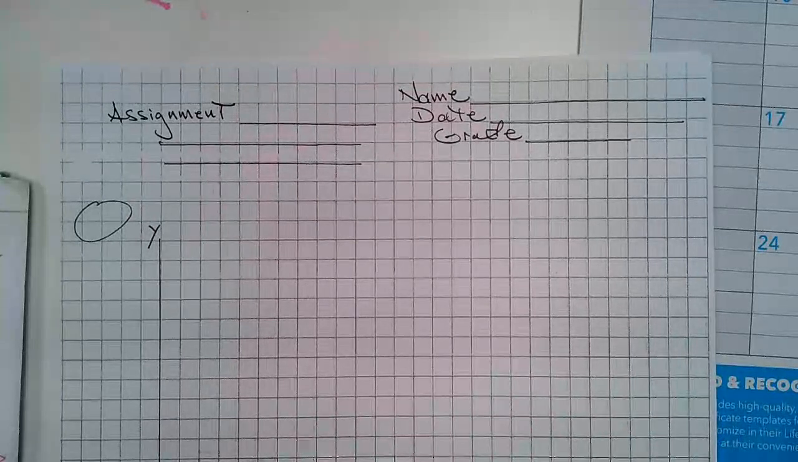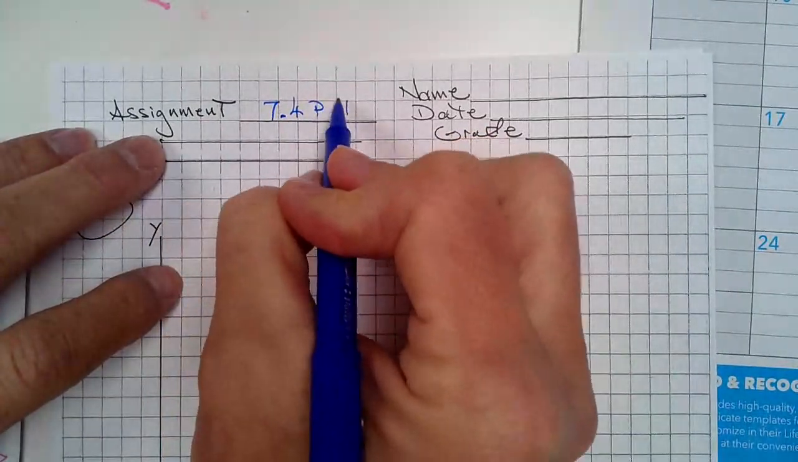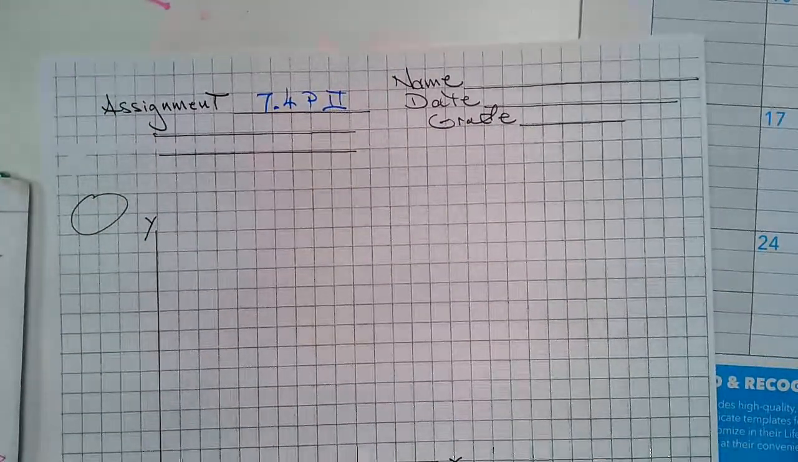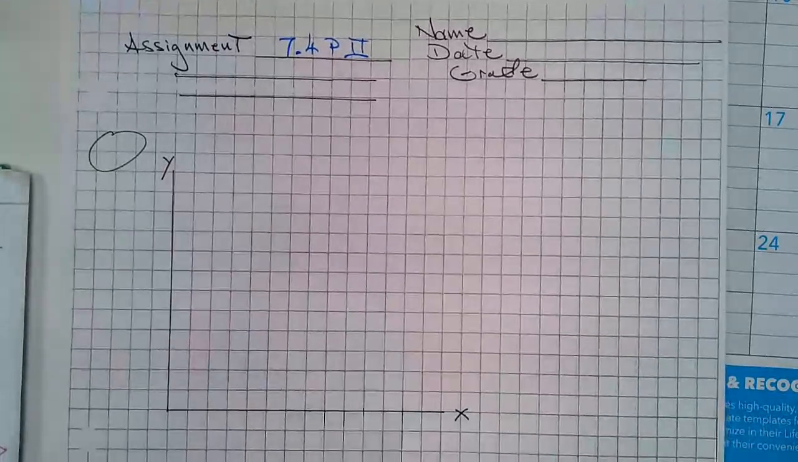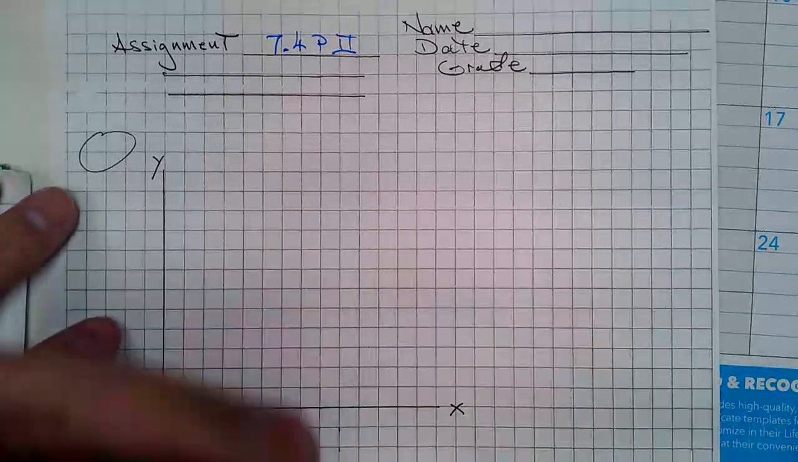Okay, so this is, what is this, 7.4, we'll call it part 2. Not sure what problems I'm going to assign yet, but I wanted to do one of these where you're having to graph something. So I'm looking at number 20. This is number 23